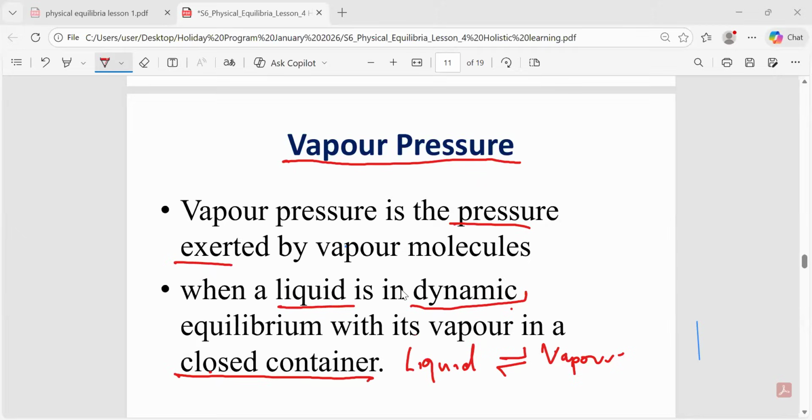And we are seeing that the rate of evaporation is equal to the rate of condensation, if it is between a liquid and a vapor. So the pressure due to that vapor at this point is the one we call the vapor pressure, when all these 3 points are there. Number one, in a closed container. Number two, vapor particles return to the liquid at the same time. Number three, when the rate of evaporation is equal to the rate